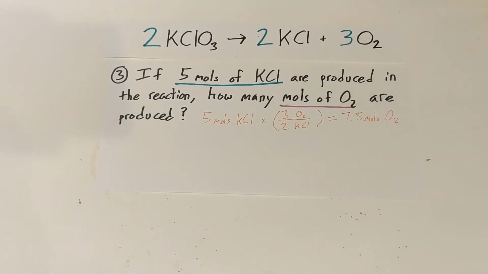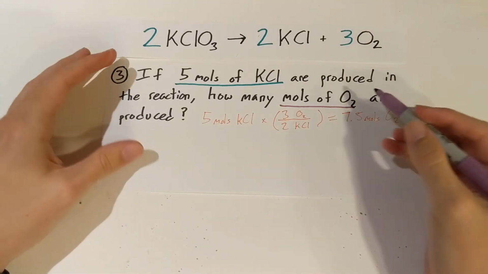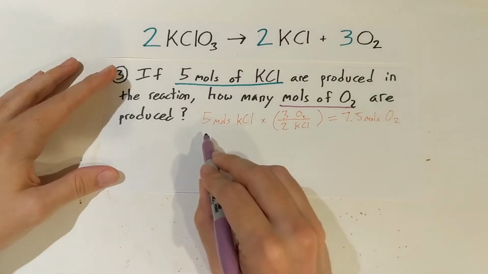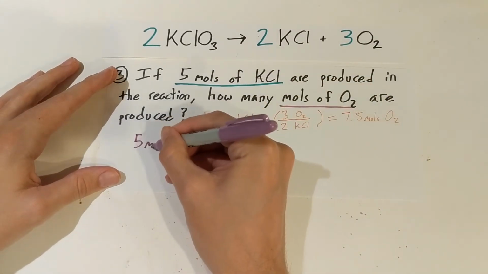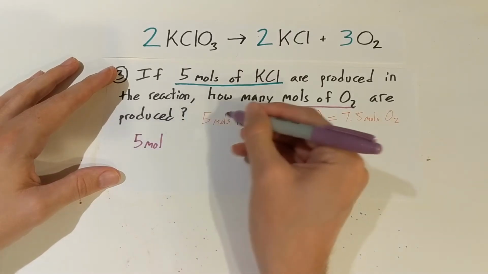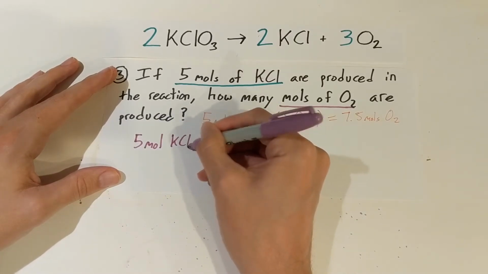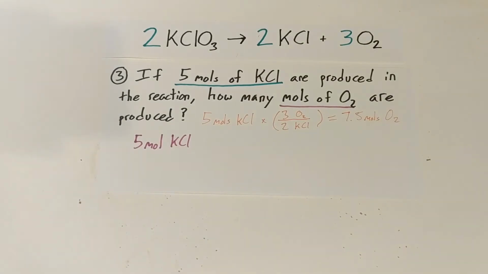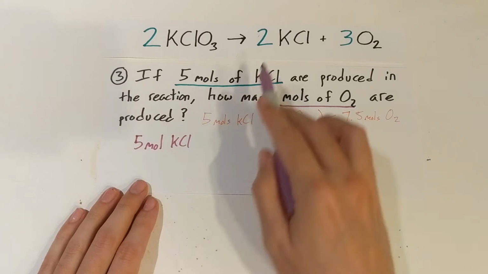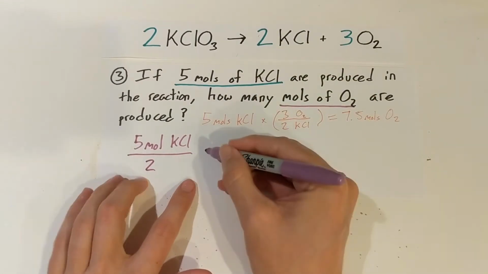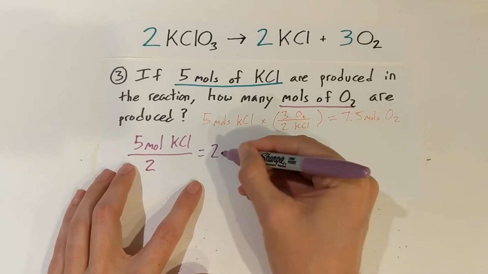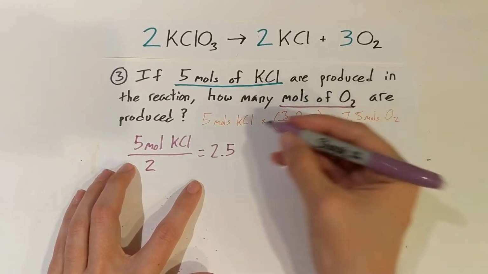If we want to think about this in terms of batches, this will be the last one I do in terms of batches. We made 5 moles of KCl. So we have to figure out how many batches we made if we made 5 moles of KCl. So each batch we're making 2 moles. So we could divide it by 2. And that tells us that we did 2.5